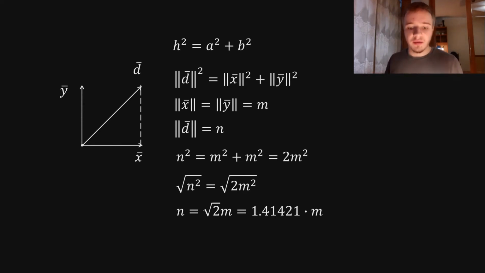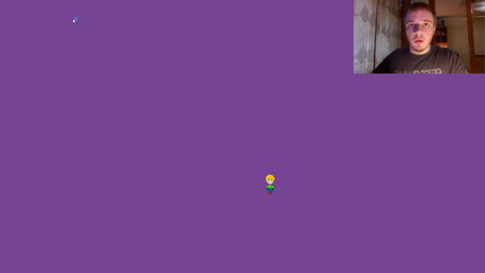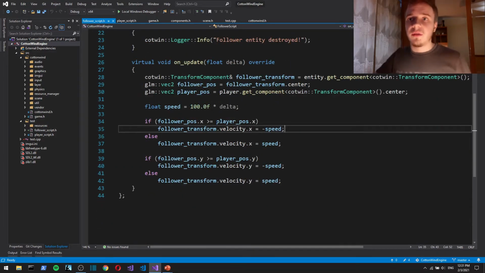Let's look at another situation. Here I have an entity and it follows the player. But as you can see, its movements are really rough, and it looks weird. Here is that script.